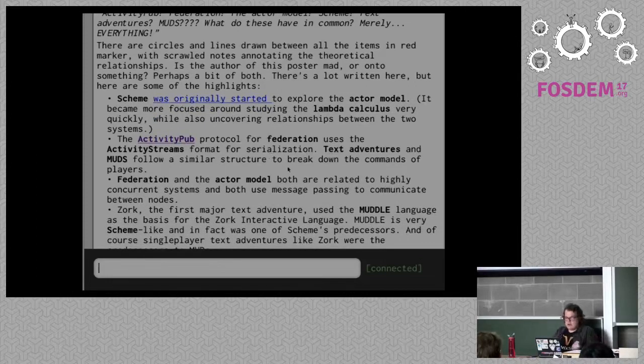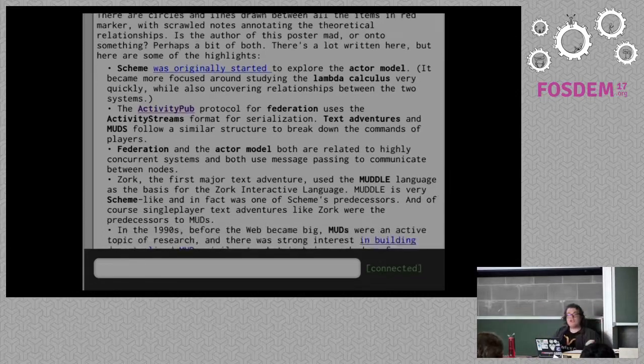Federation and the actor model are both based on highly concurrent systems that use message passing. Zork, the first text adventure, used Muddle, which is actually an ancestor of Scheme. So it uses a very Scheme-like language to program the first major text adventure, because Zork came out of MIT during that same era.